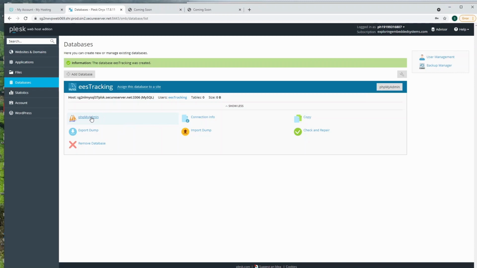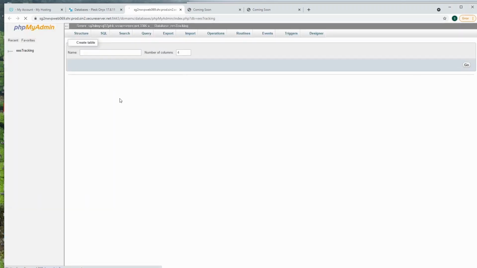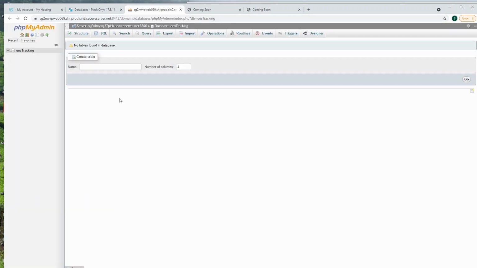Okay, so now to log into the database, you can click here. So this is the database. Currently it does not have any tables. When we start writing our first application, I'll show you how to create a table and all the SQL commands. So that's it with the first chapter.